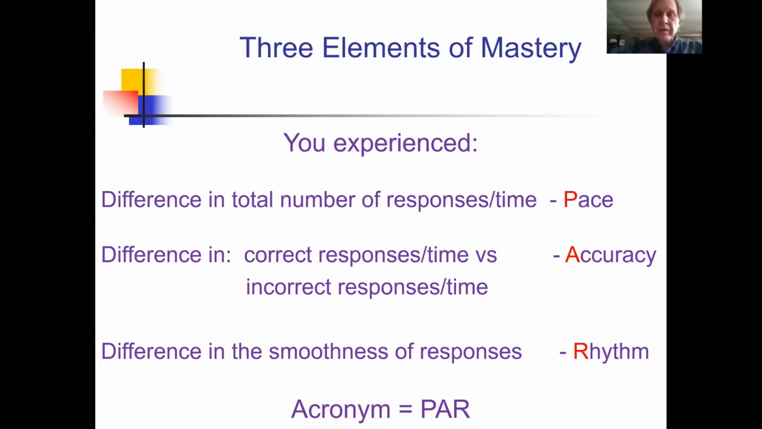So here are the 3 elements of mastery that you just experienced. You can see the difference in the total number of responses over time. That's your pace. The difference in the correct responses over time versus your incorrect responses. So in this activity, your legibility, that's accuracy. And the difference in the smoothness of how the responses felt. So that's your rhythm. So the acronym we've been using to represent those elements are PAR, so pace, accuracy, and